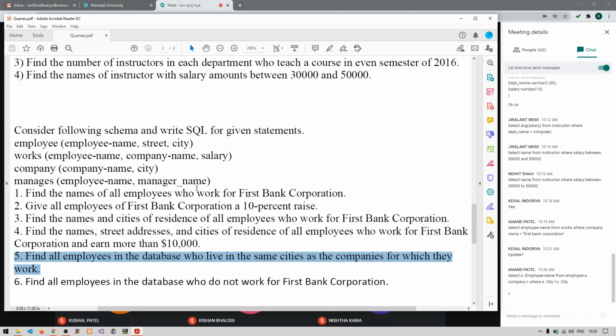Yes, Anand, it is right. I have used multiple joins. You can also complete it with this particular join also.